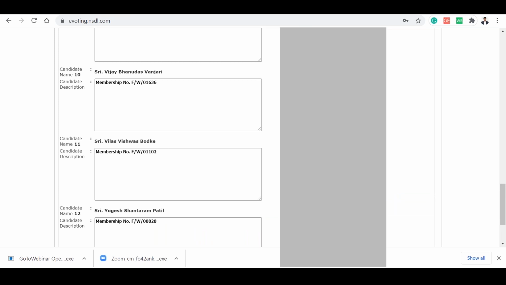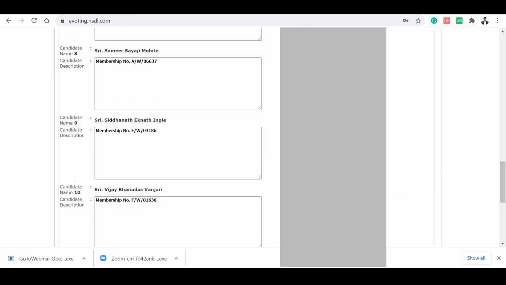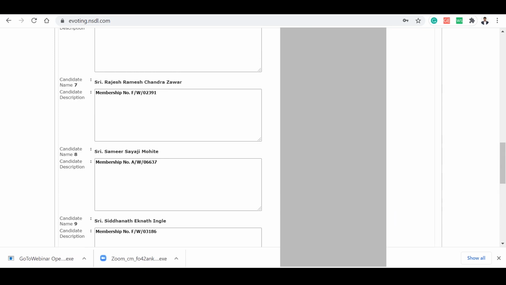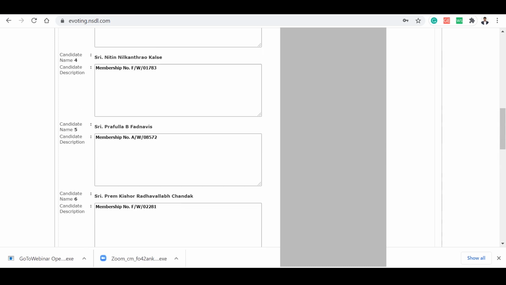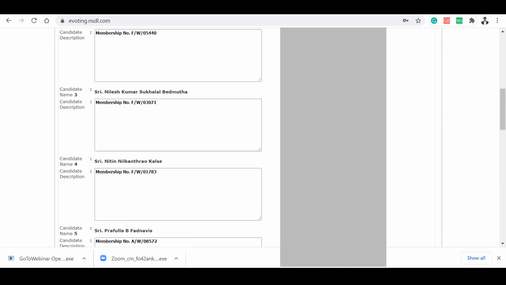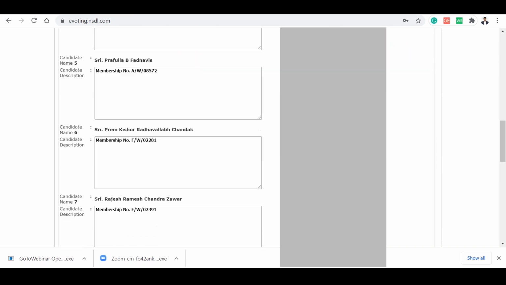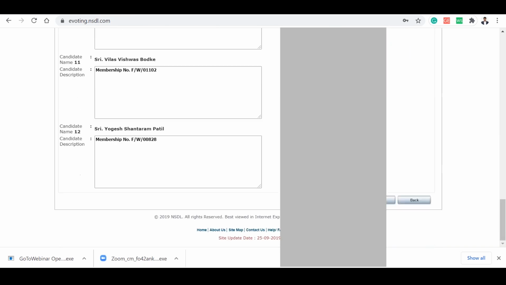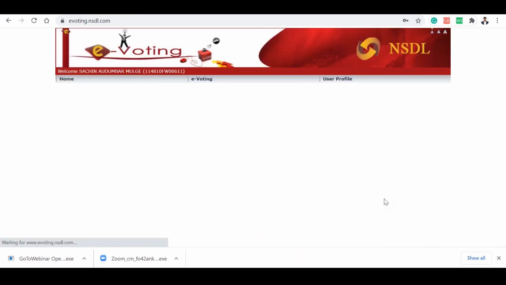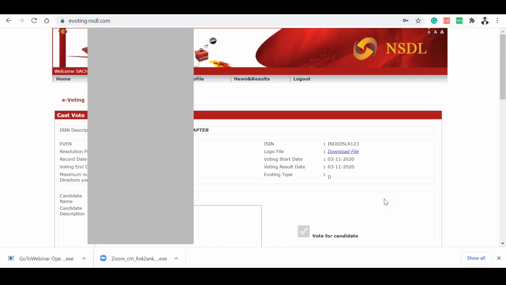So once I tick, I will submit, and this way I have completed my chapter voting.